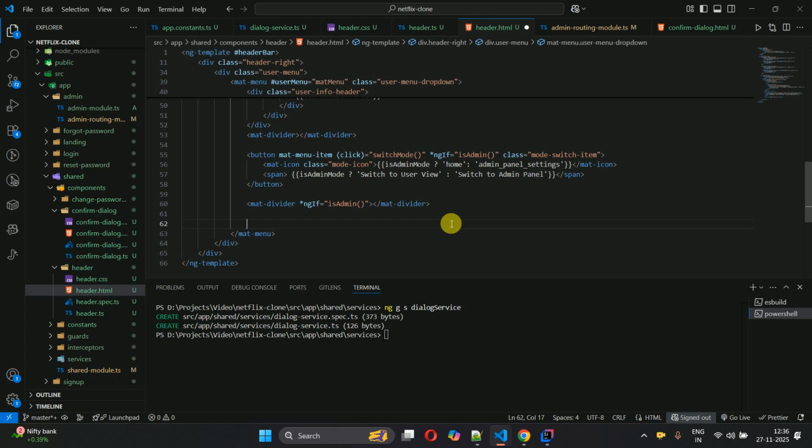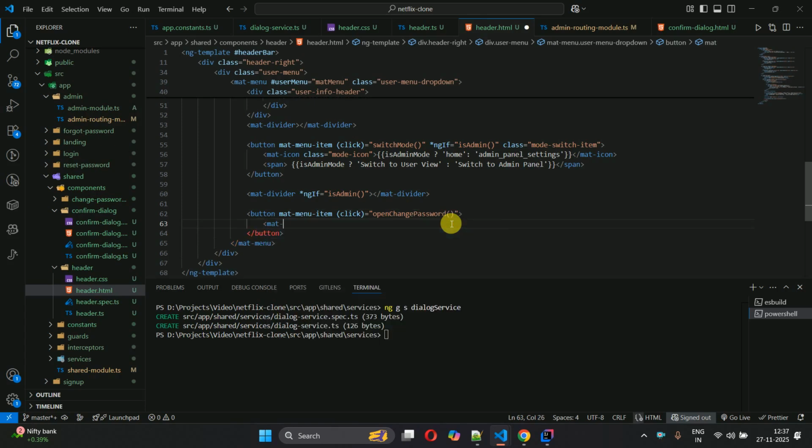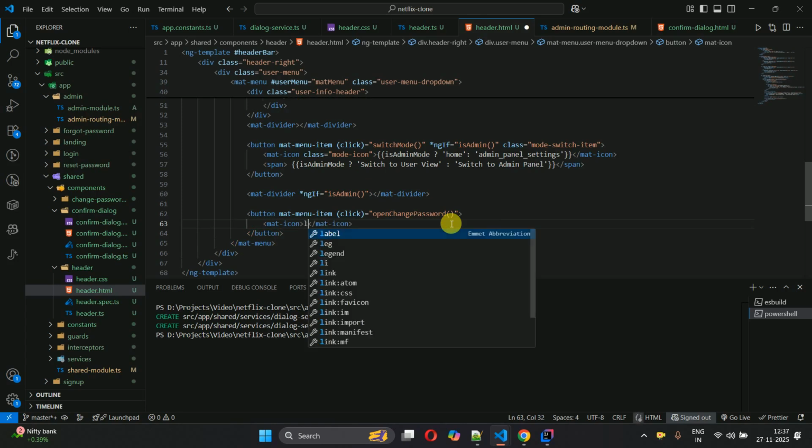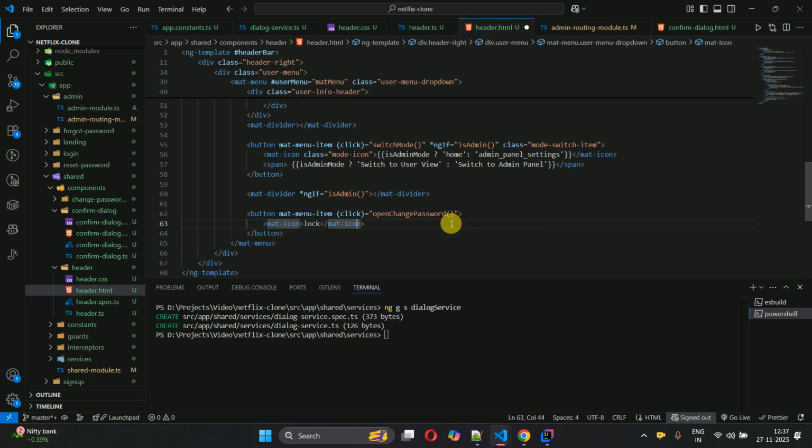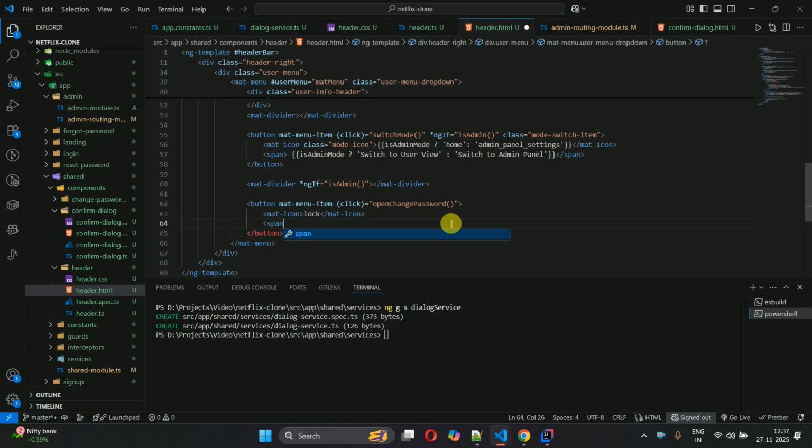and then we have to add a few more buttons basically. So button mat-menu-item, and then we have on click, we have to call a method to open change password, and we have to show a mat-icon which will be of type lock, and then we have a span, change password,